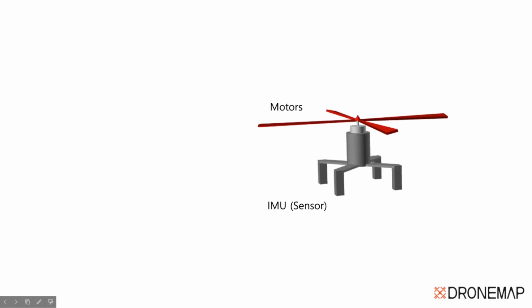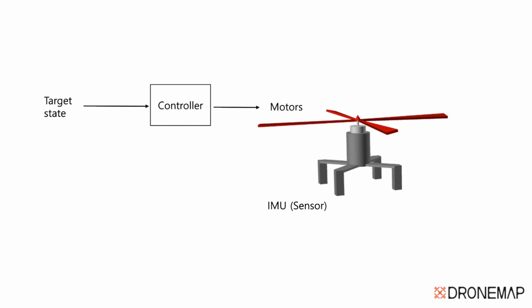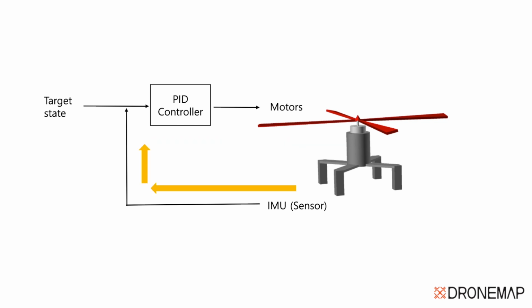The inertial measurement unit is the eyes, seeing the current state, and rotation of the motors determines the thrust. The controller's input is the target state, and the output is the RPM of the motors. The inertial measurement unit inside the drone reports its states to the PID controller. The PID controller calculates the output from the difference between the target state and the current state, and commands the thrust to the motors of the drone. And this automatic PID loop runs 2000 to 8000 times per second continuously.